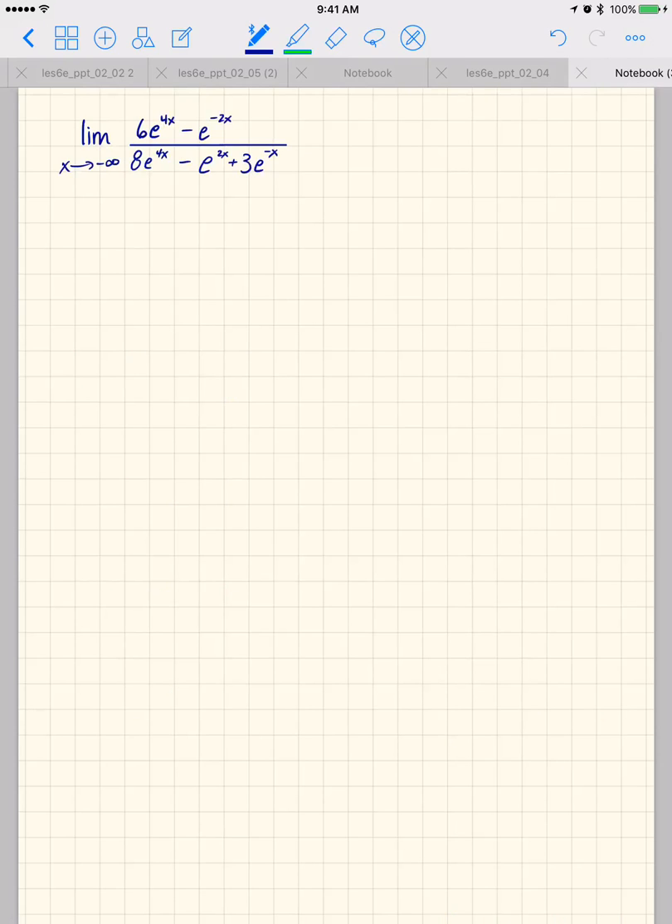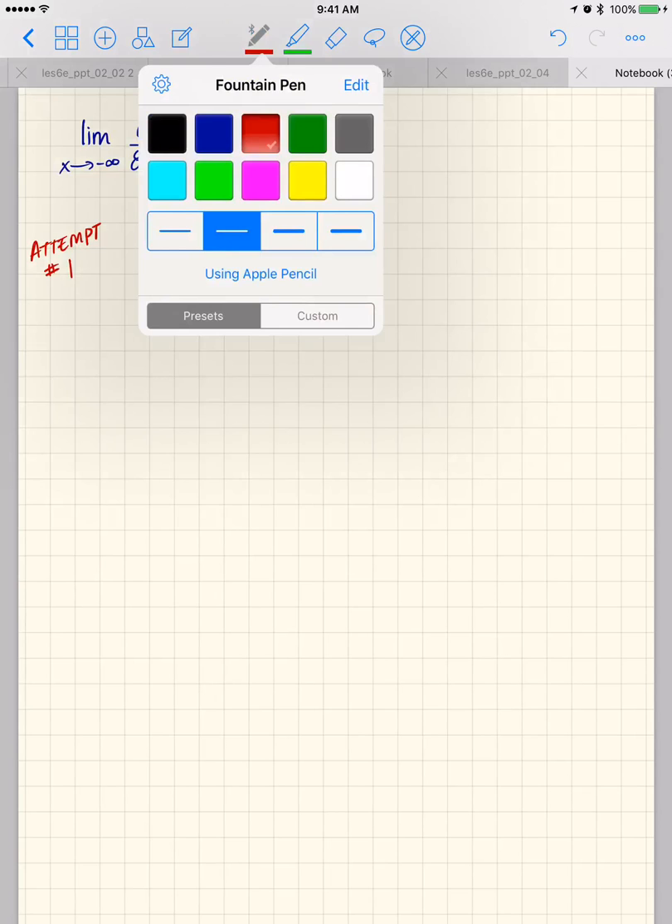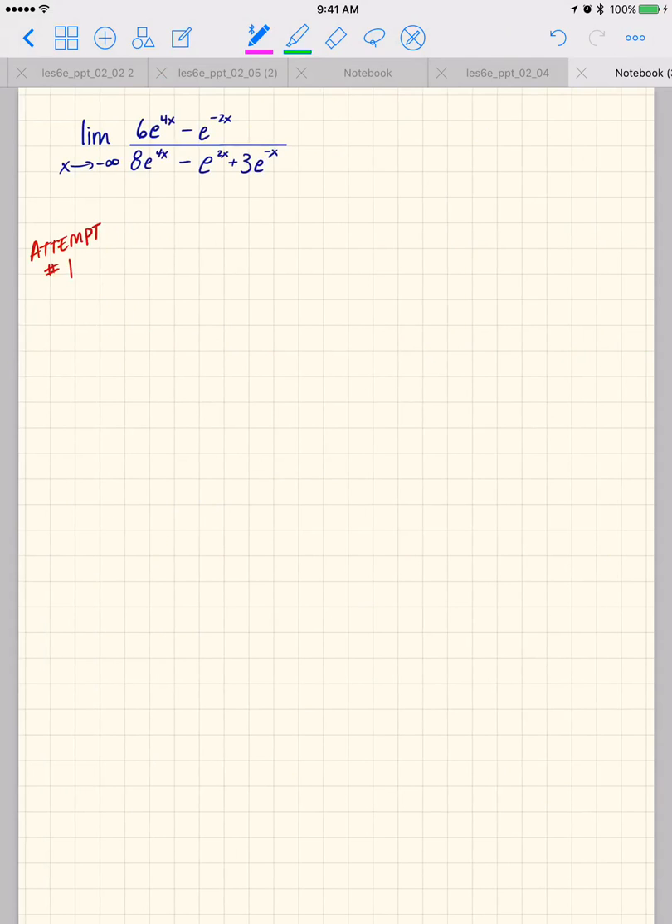Okay. So here, we'll again do attempt number 1. Notice that I'm not even trying to draw these. I'm not trying to sketch them. I'm just going straight to looking at dominant terms. So attempt number 1 is going to be to say, so now we're saying as x goes to negative infinity,